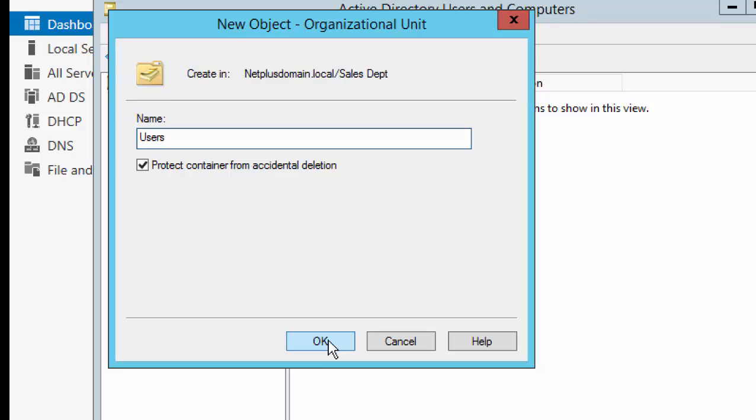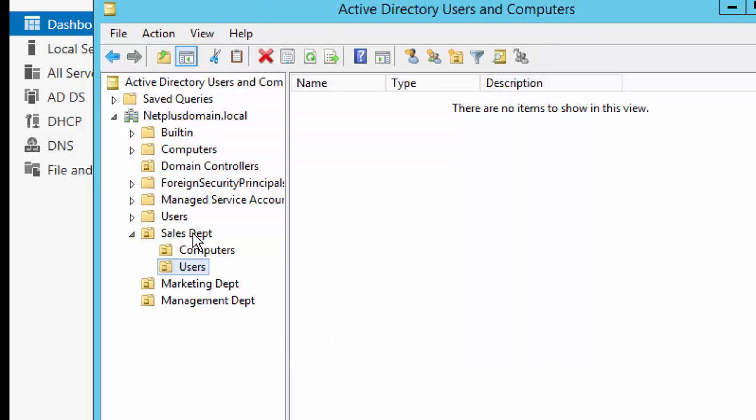Just type users. So it should look like this now. Sales department OU has two child OUs called computers OU and users OU. So obviously all the computers of those users should be dragged from this computer area. If there were computers joined to the domain, they will show here in the computers area,